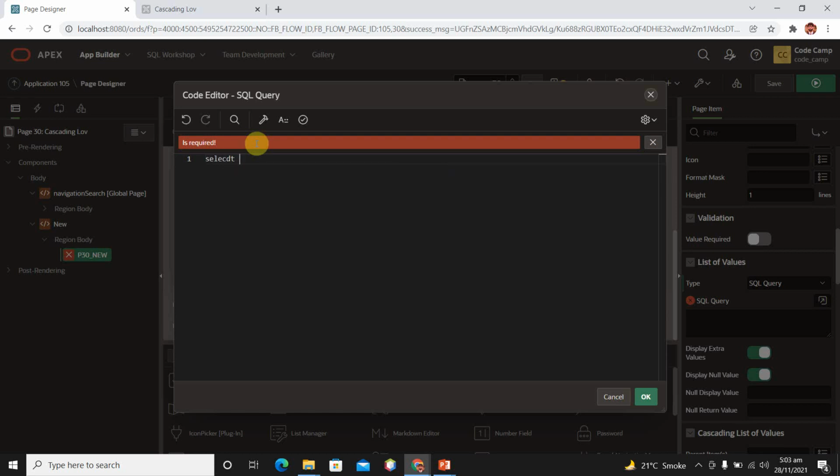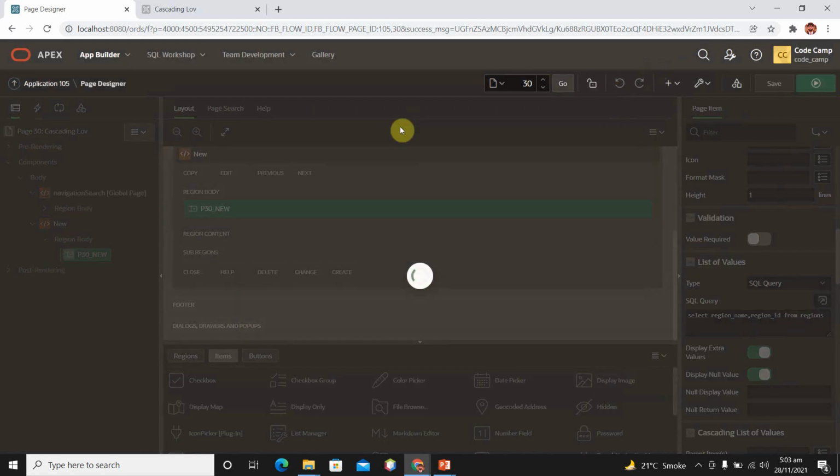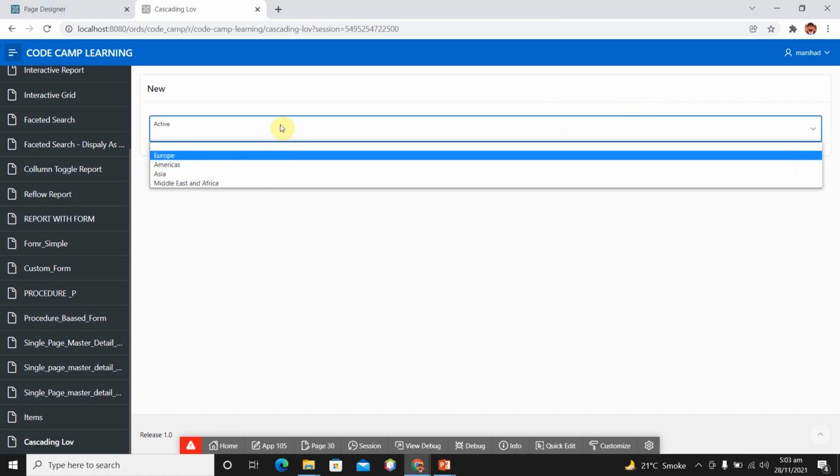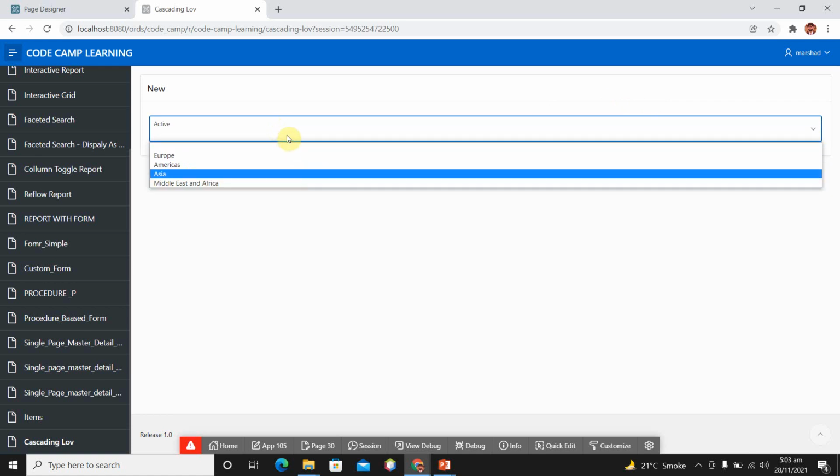Select region_name, region_id from regions. Okay, validate your query. So it is validated successfully. Okay, run your page again, and you will see values are coming from our database,